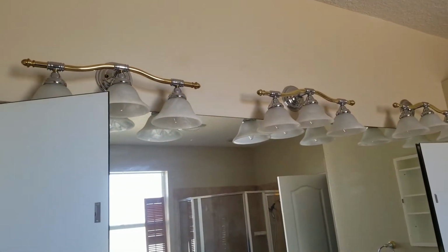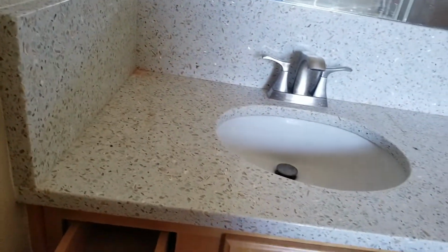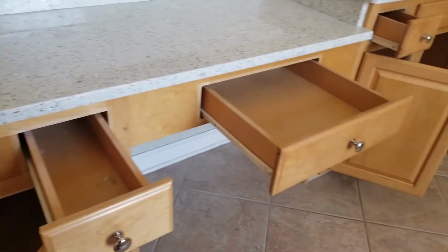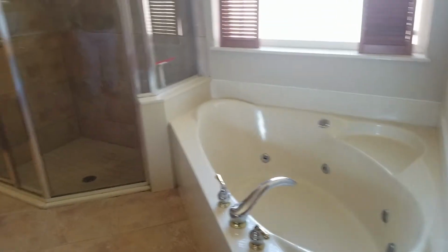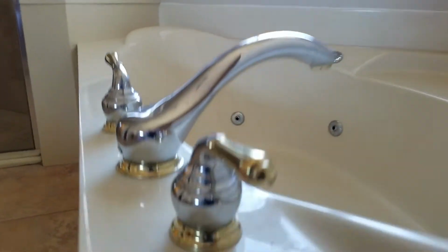When it's a move out cleaning, you have to clean from top to bottom. The light fixtures, mirrors, medicine cabinets. On top of the medicine cabinet, all the shelves, all the bathroom cabinets. It's a lot of little things that we have to clean. As I said, the house is not in a horrible situation, but all the surfaces